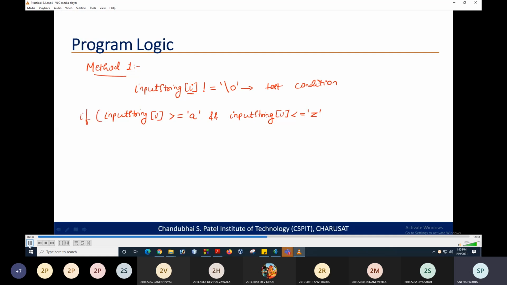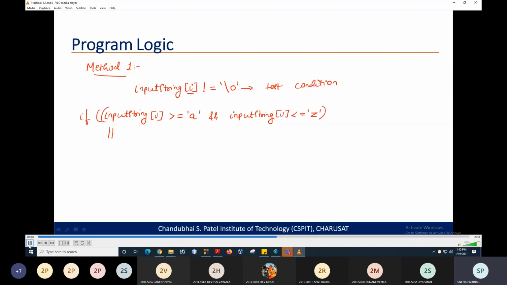The input string can contain alphabets either in uppercase or lowercase. So here we need to also check for the condition when the alphabets can be in uppercase. So we will be using an or condition.